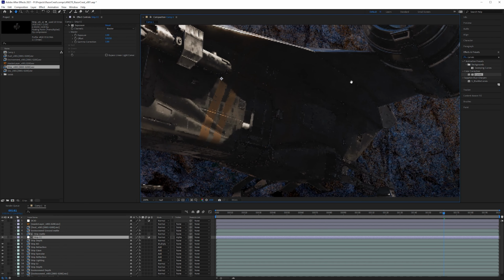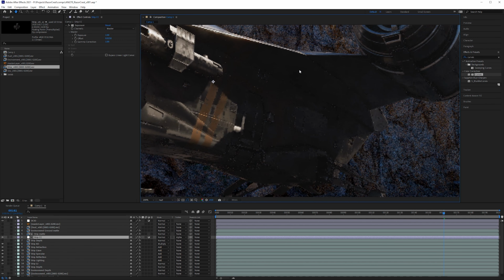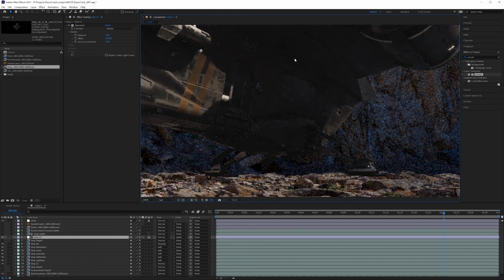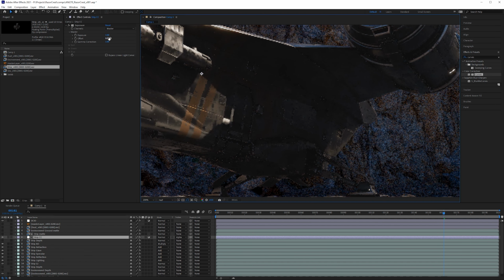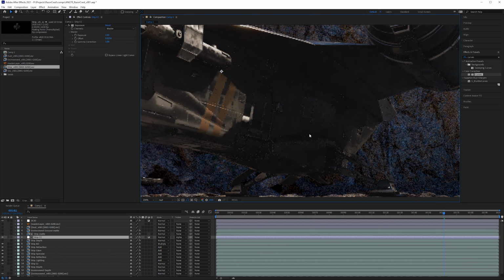We don't want our black values to get super, super dark, and we don't want our white values to get super, super bright. So if a shadow is way too dark, just lift it up or offset it very slightly. And this is going to allow us a little bit more information here. We never want that to be pitch black.